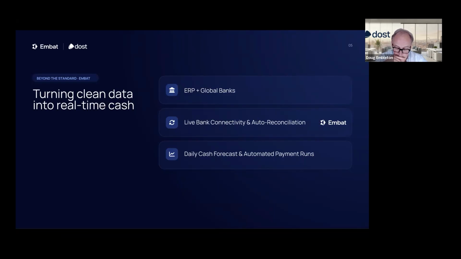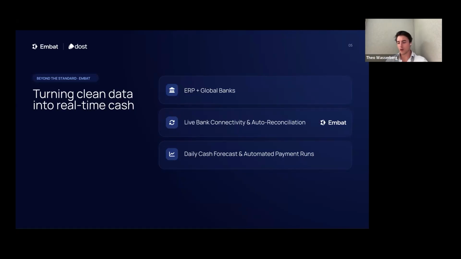Yeah, and we're coming from a point where, picking up from yours, we've now got clean data sitting in the ERP. But very often people are going to their banks, and they're manually having to manage that data flow from multiple banks into an ERP, and then work from there. So you've already got all of these very, very challenging touch points.